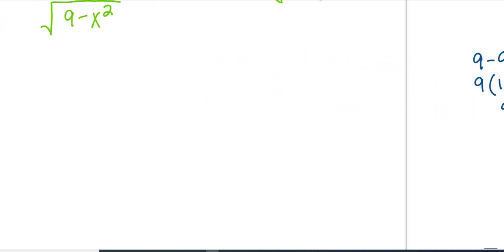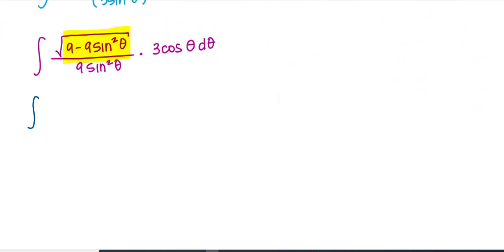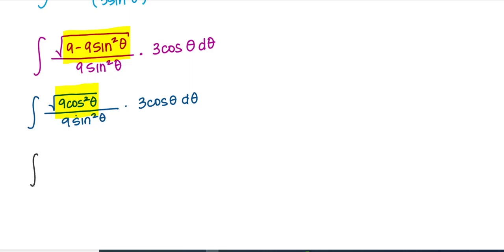So I'm going to come back over here now and replace the highlighted piece here with 9 cosine squared theta. And what did that really do for me? Well, remember we talked about you can't take the square root of more than one term. So now I have only one term under that square root. I went from 9 minus 9 sine squared theta, that's two terms, to 9 cosine squared theta, that's one term. So I'm going to take the square root of it. That's 3 cosine of theta, and I'll write everything else down one more time. It is also very important.